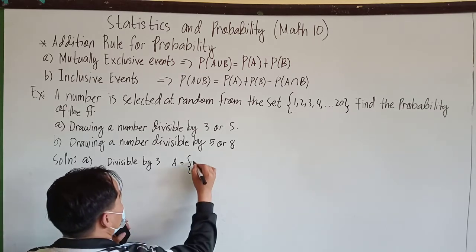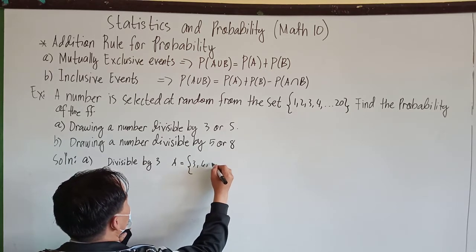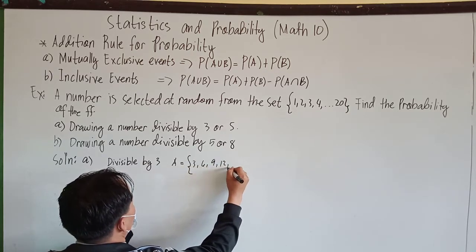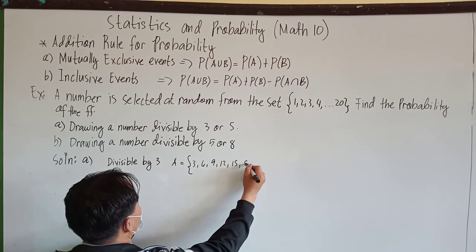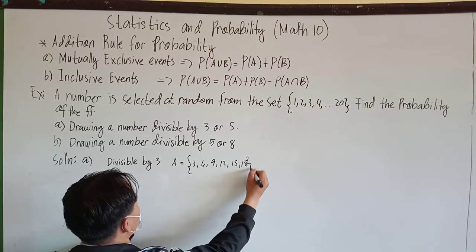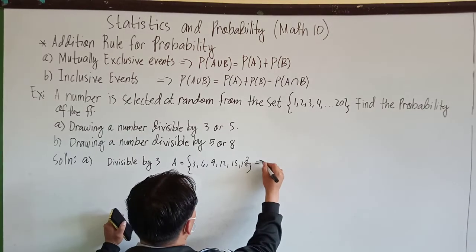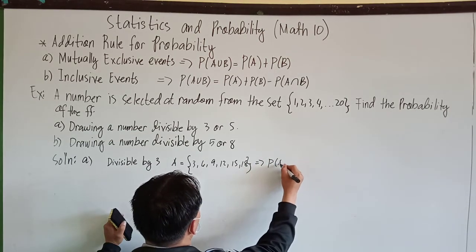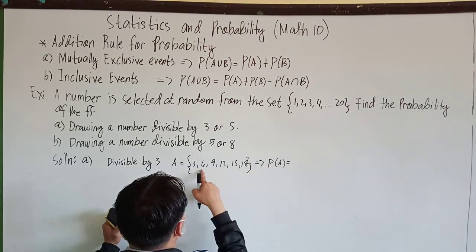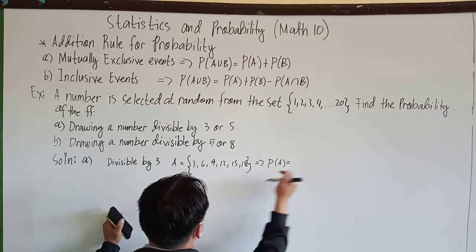We have 3, 6, 9, 12, 15, and 18 of course. Next, remember that the probability of A is equal to 1, 2, 3, 4, 5, 6,